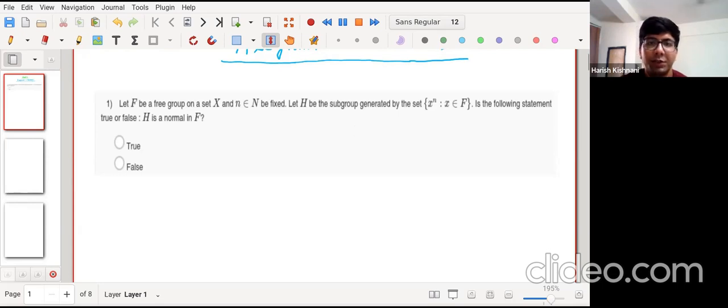See, whenever you are working with a free group, first of all, just try to use the basic four axioms of a group, nothing else. You also don't know its order. The order of course will be infinite if you are not imposing any non-trivial relation, because order is a non-trivial relation. If you are saying that for any generator x, x raised to n is identity, that's a non-trivial relation. So we have to take its order as infinite. So nothing more than those four group axioms.